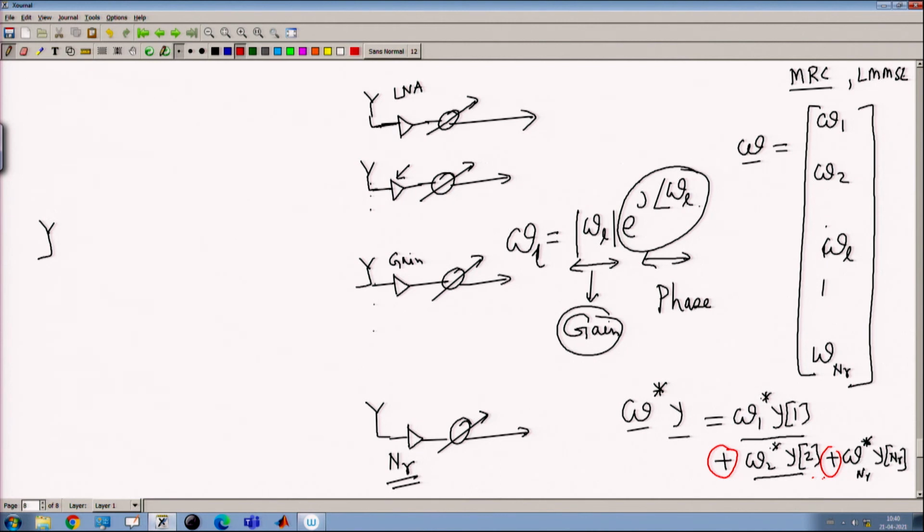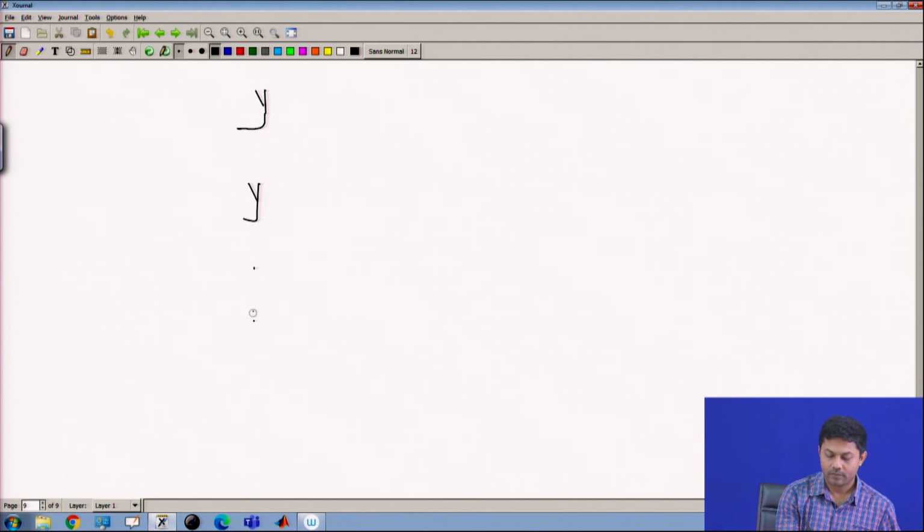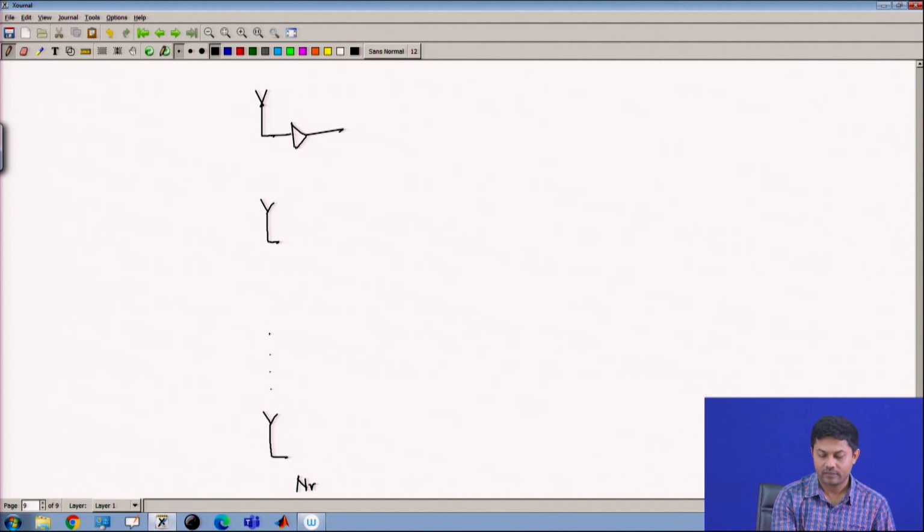So, what is the last stage? Last stage is that if I go up, these are my antennas, this is my LNA again. One second, let me change the direction of my antenna, because I am in a receiver date. So, this is my N_R number of data. What I do? I already have an LNA. I am making use of the same LNA for my gain. So, this is my LNA part.